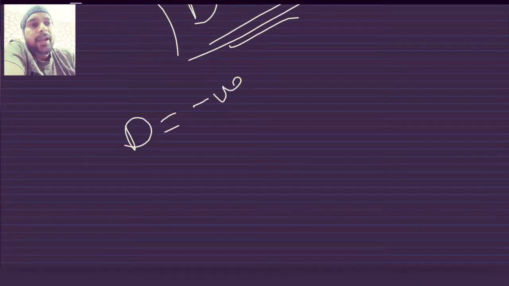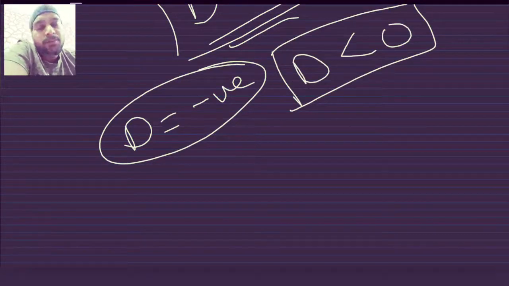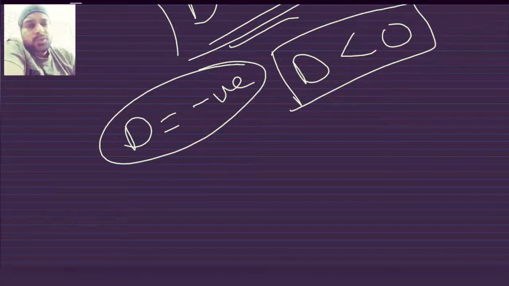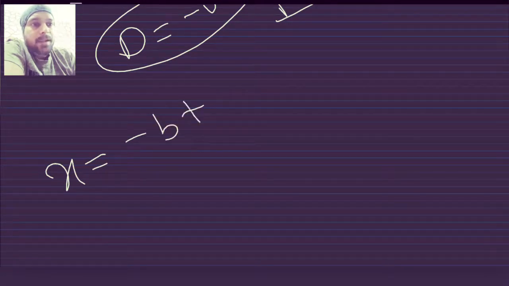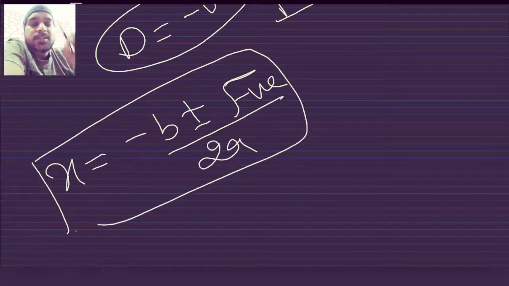Now when the discriminant is equal to a negative number, or you can say when the discriminant is less than 0. Why am I saying less than 0? Because all the negative numbers lie on the left hand side of 0 on the number line, and those numbers are the negative numbers. Is it clear? So let's see what is going to happen here. x is equal to minus b plus minus under root of some negative number upon 2a, right? This will be the situation now.